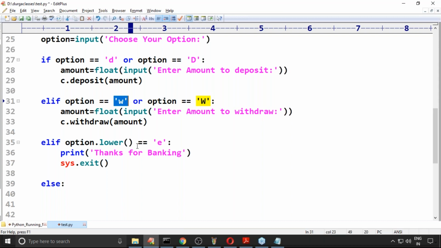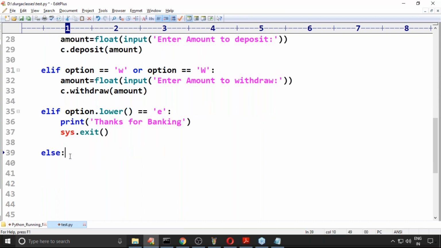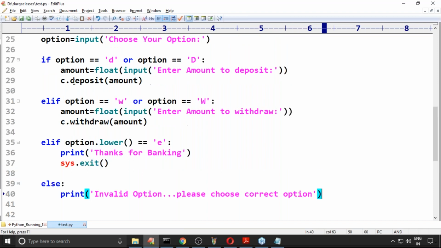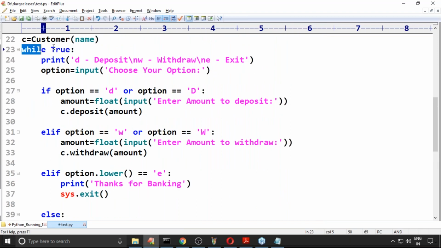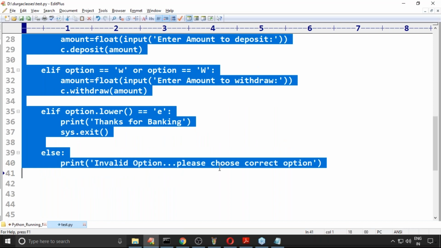Print 'Invalid option. Please choose correct option.' That's it. Because you are already in the infinite while loop, automatically it is going to continue again.